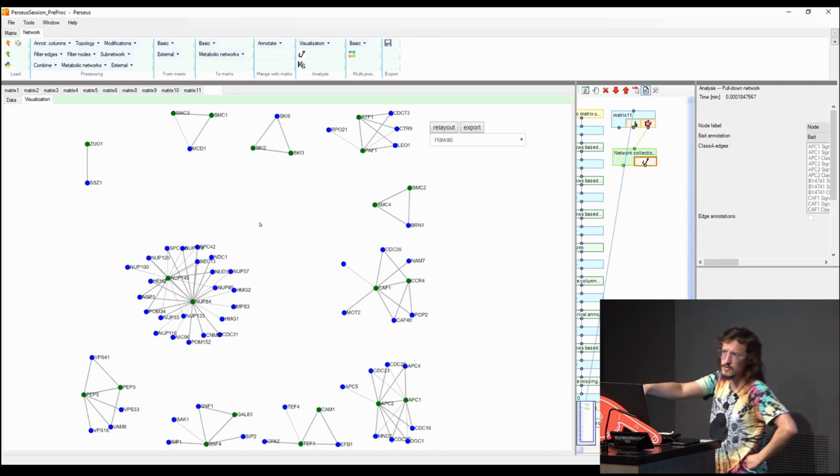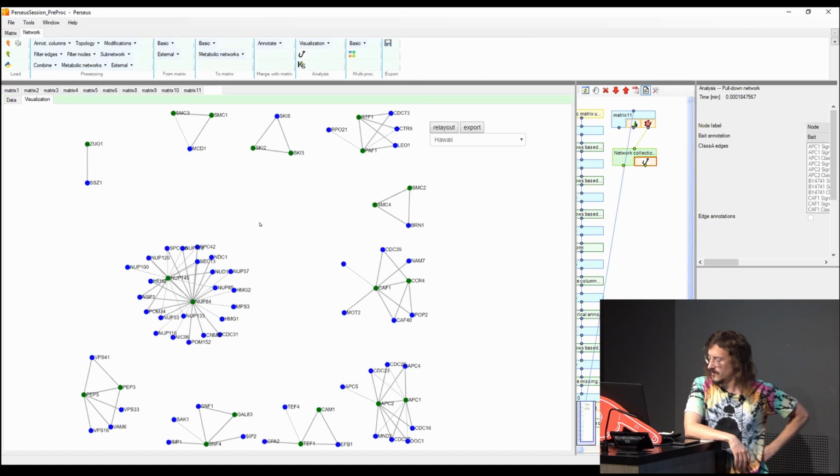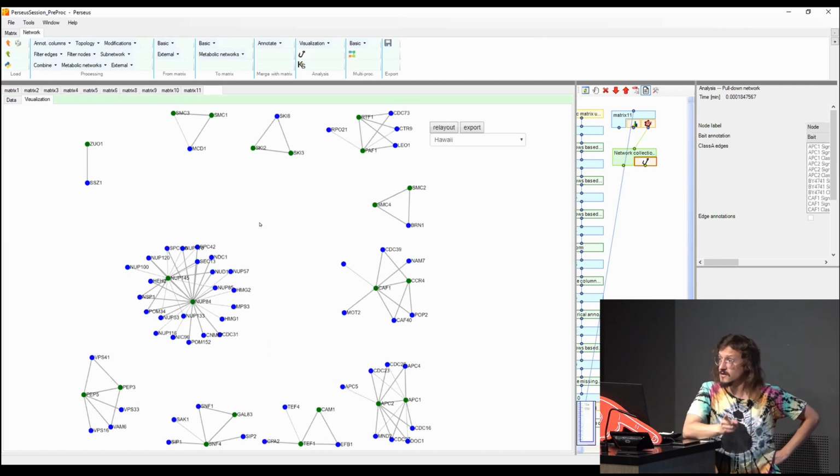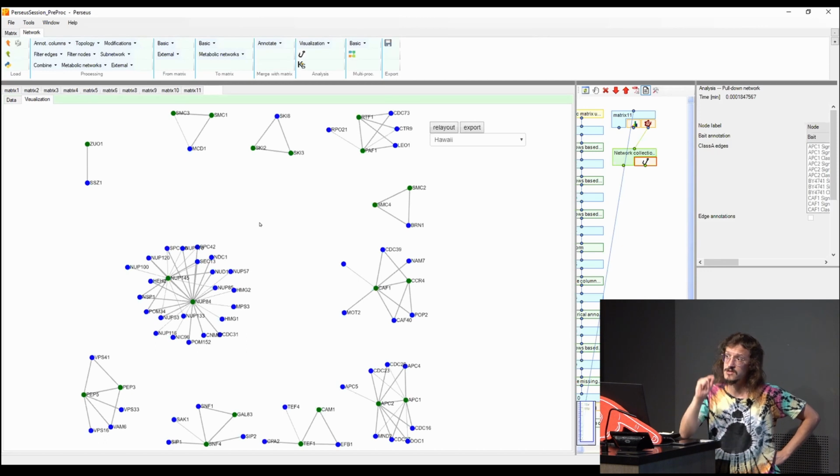Yes, you can also do it from the network, but you have to specifically select the node and the edge that you want to remove. Remember that when you do networks, there are 2 matrices. One is node, one is edges. You have to take care of both of them. When you remove a node, you then also have to go into edges and remove all the edges that relate to that node. Otherwise, you will get an error.